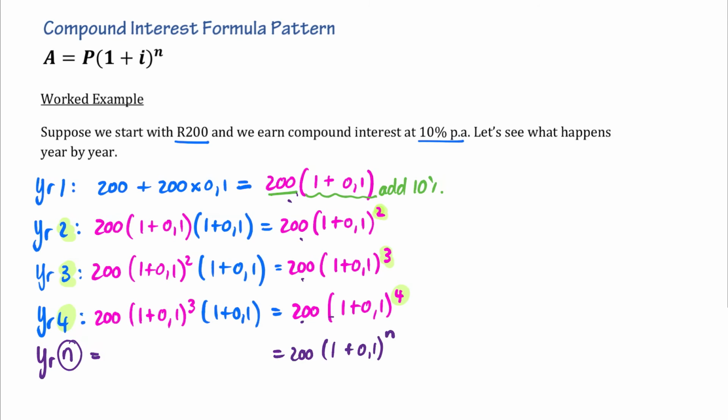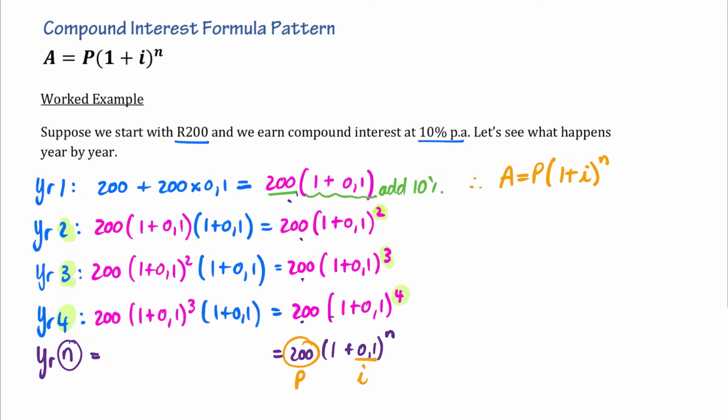And now our exponent is n. So therefore, if we look at what's in this general thing here, we said that this 200 is my principal value and 0.1 was my interest rate. So therefore, the output, the total amount, is always going to be my principal, 1 plus i,